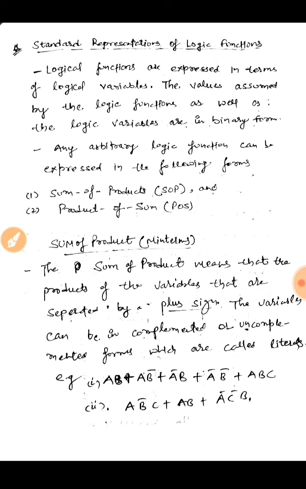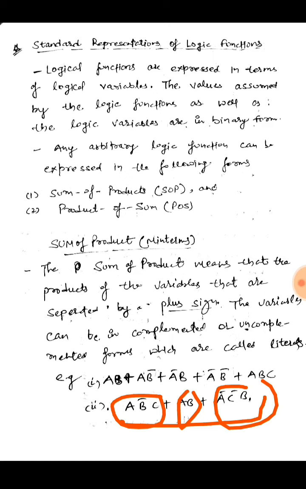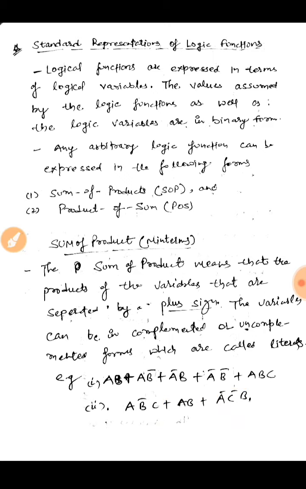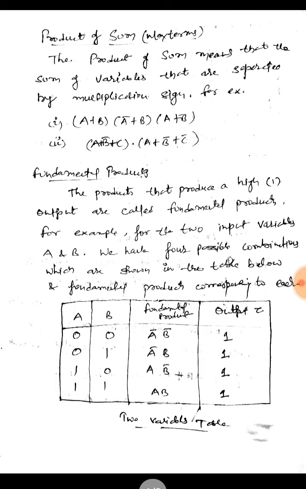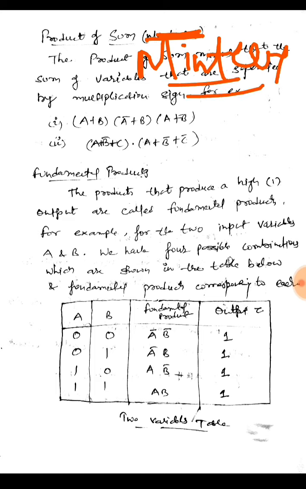Similarly, if I have three variables, that is ABC, then it could be a logical function having three variables, such as A bar B, B bar C plus AB. All these terms are product terms in sum of product form. And in product of sum, again I said it wrong, it should be min term. So remember this: all these sum terms are called min terms because they will be having a value 0.